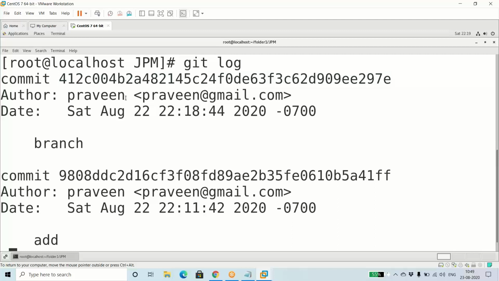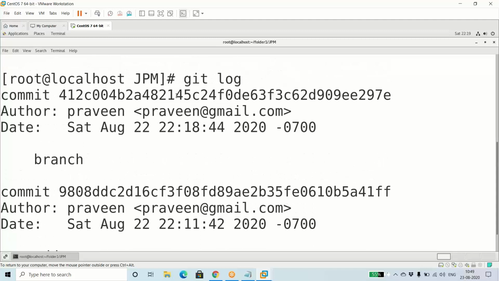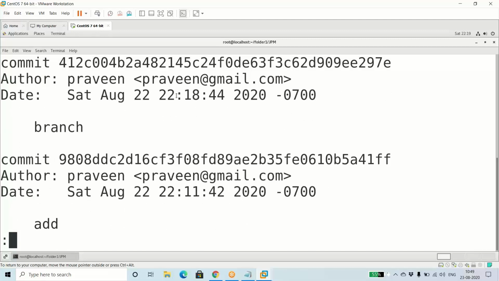The author is my name and my email ID, which I've already given. It shows the date, including the timings. Your first commit message will be on top. Your latest commits will always be on top, and the rest will be down.